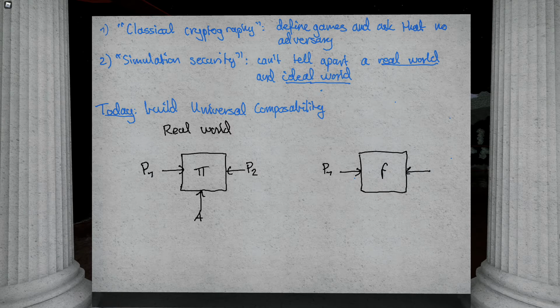So last week I used the example of a secure channel. Party 1 wants to send a message to party 2 in such a way that the adversary cannot read it, and the adversary also cannot fake messages. So an example of the ideal world here would be that the system simply writes the message to party 2, and the adversary sees completely random noise coming out. Random noise that has no correlation with the actual message.